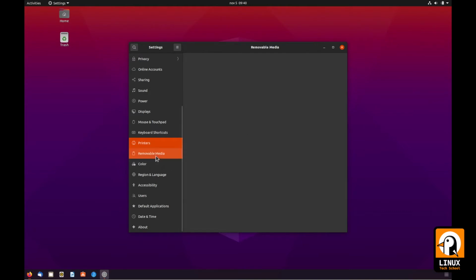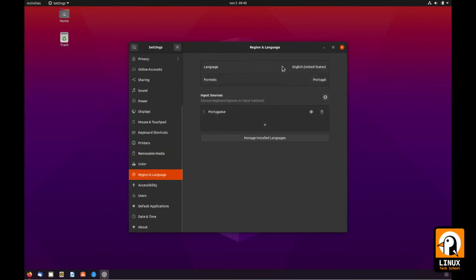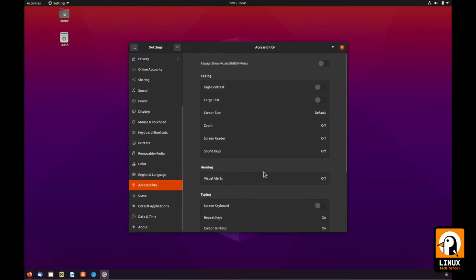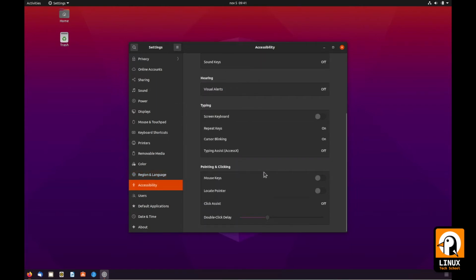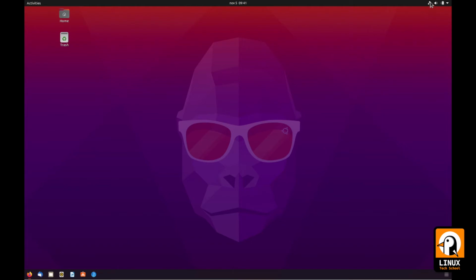This is printers. You can add a printer, look for the drivers. You can deal with how the system handles removable media like USB drives, CD-ROMs, and etc. You can change regional configurations like the keyboard, the language, the formats. You can deal with accessibility for those who need some special features, and you can configure multi-users, change your passwords, your personal configurations. So these are some brief